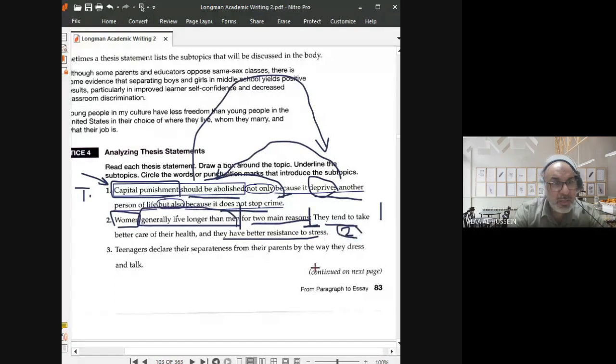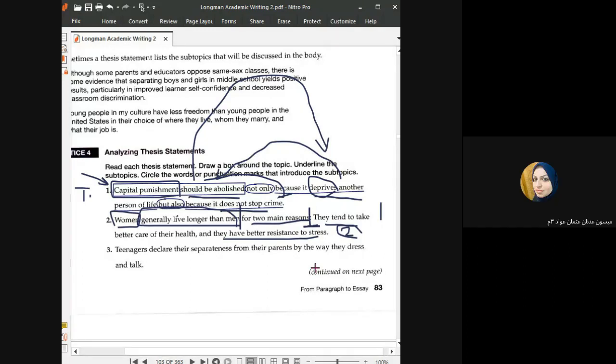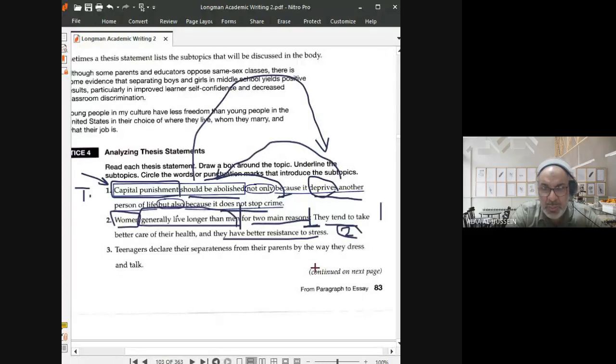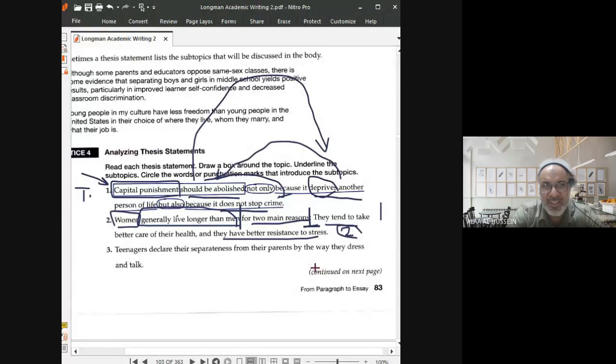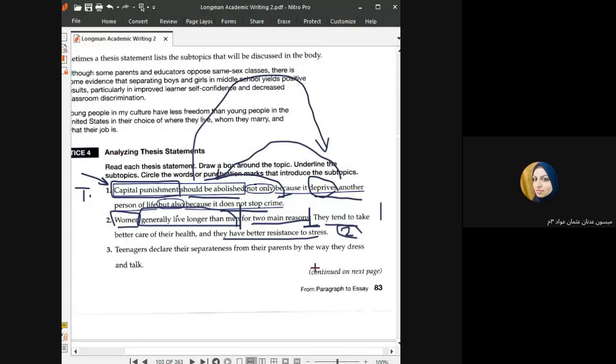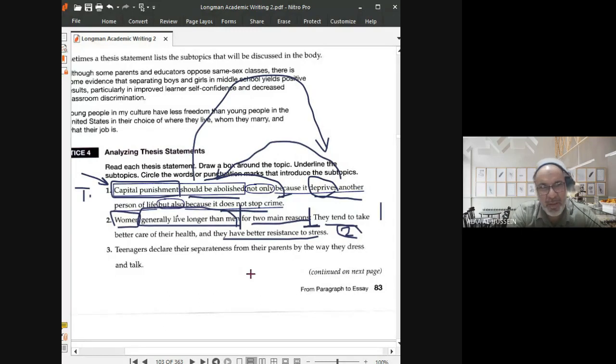لكن هذه المسألة تعتمد على different cultures و different places maybe. يعني do you agree with point number 2? Yes دكتور. Why? I agree. Yes, they have better resistance to stress than men. Do you think so? Yes. Okay, ممتاز. Yeah, it depends. It depends on different persons.